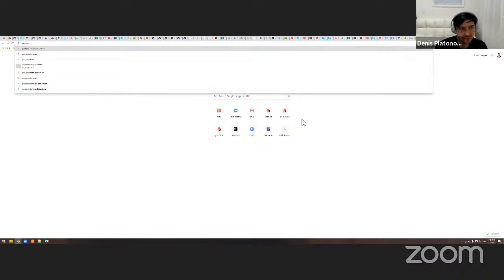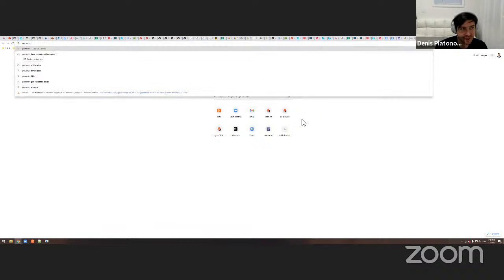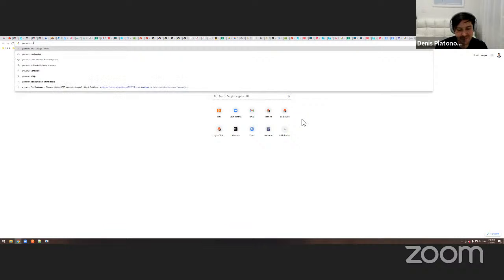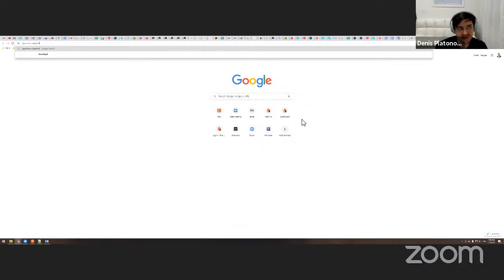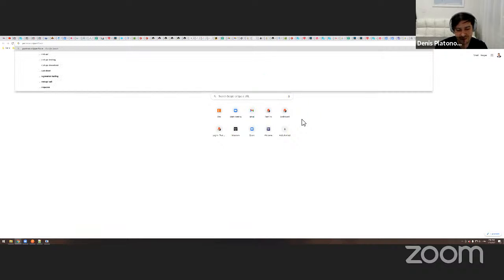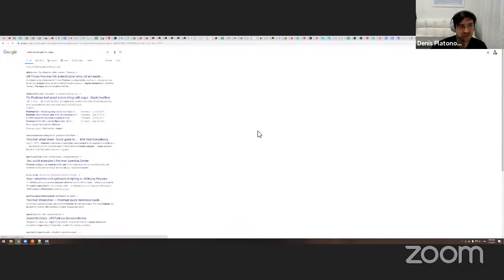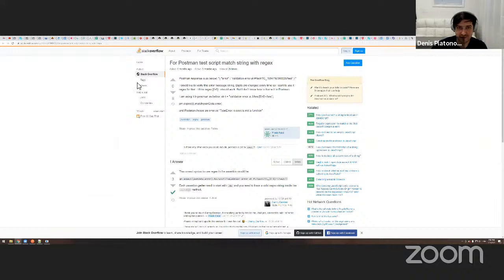You can just go like Postman snippet for whatever. I recently used regex, for example. You probably don't even know what that is, but that's how you Google it. Test script match string with regex, and then so on.